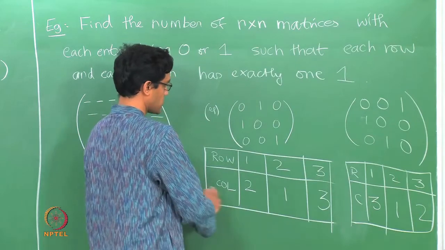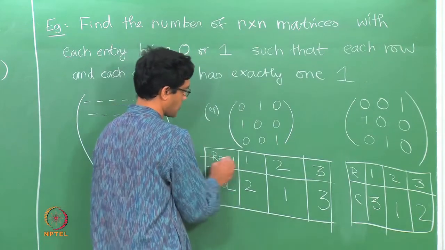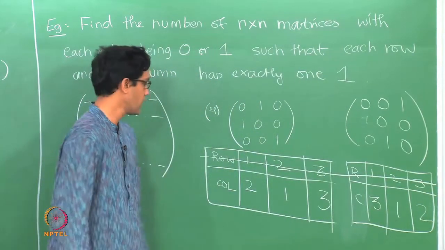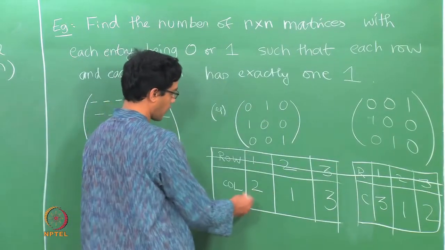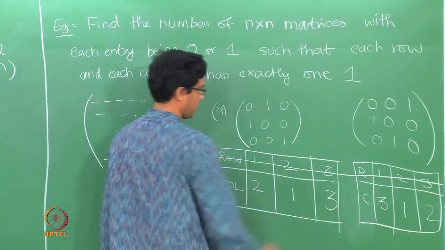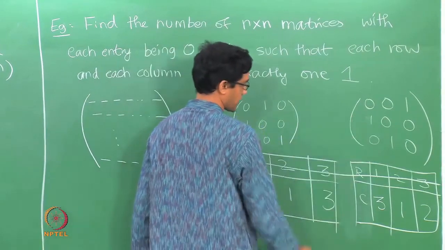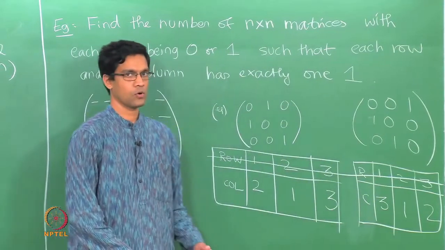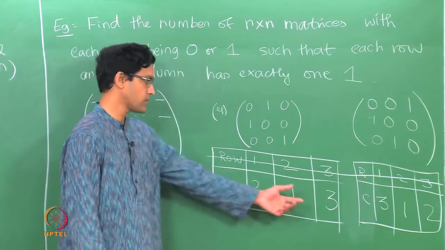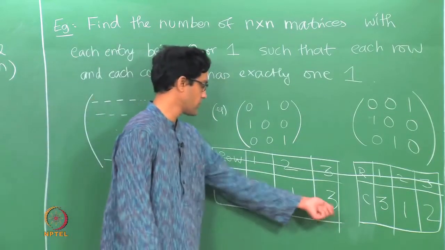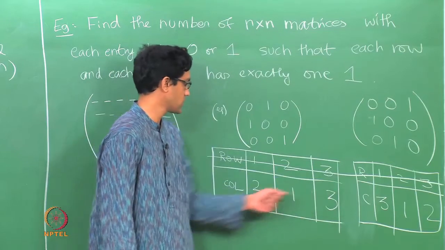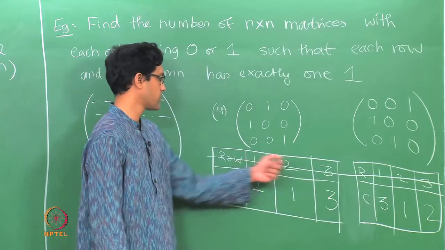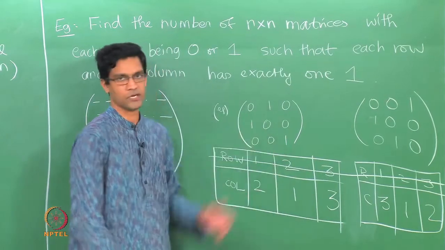So if you just see that the first thing is the same, so let us for now delete this piece of information, it is always going to be the same, it is always going to be 1 2 3. This matrix is really encoded by this sequence here 2 1 3, and similarly this matrix here is encoded by the sequence 3 1 2 and so on. Okay. So given a permutation of 1 2 and 3, think of putting those numbers as the column numbers, and then the row numbers are 1 2 and 3, and then you can reconstruct the matrix.